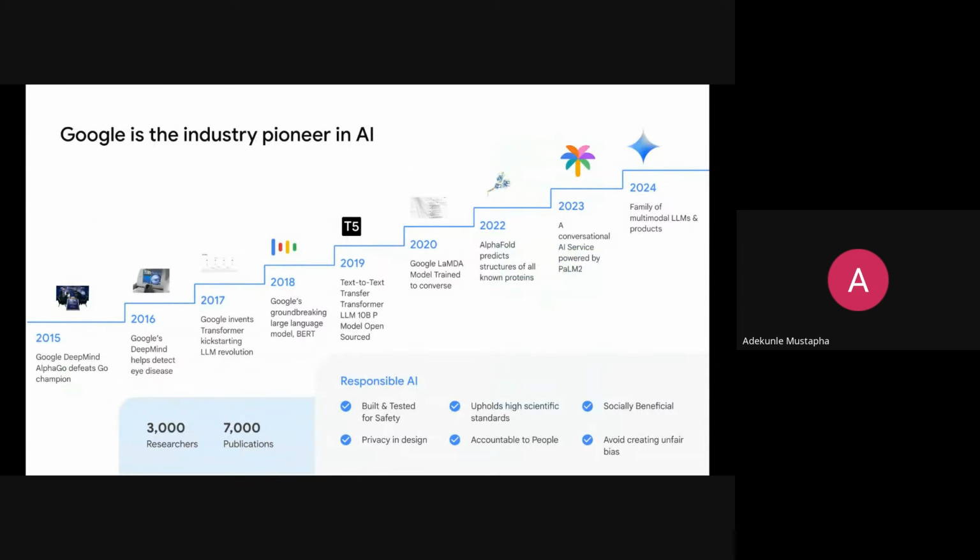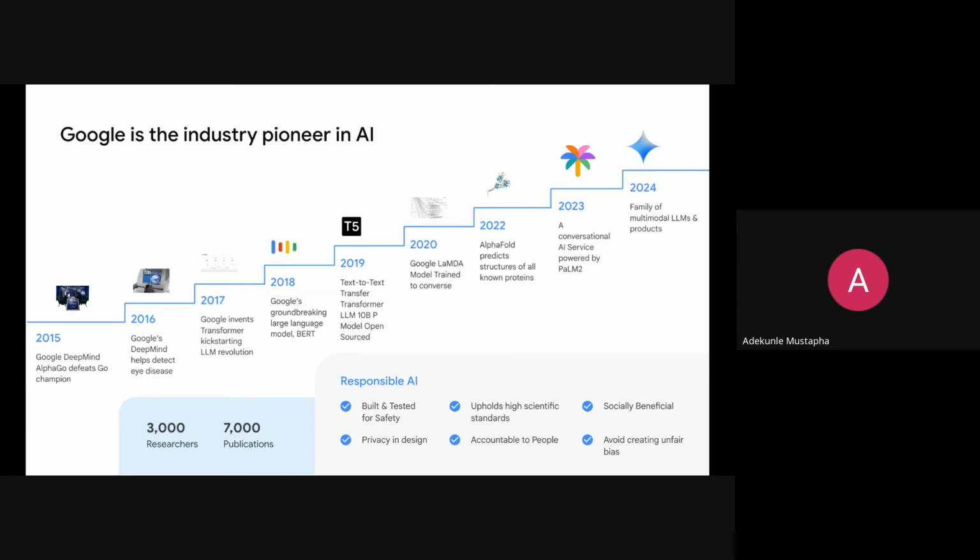And this is typically Google's journey in AI. It goes from when they pushed their first AI model to the public, in 2015, with Google DeepMind's AlphaGo, which was able to defeat a Go champion at that time. In 2016, the DeepMind project helped detect eye disease.